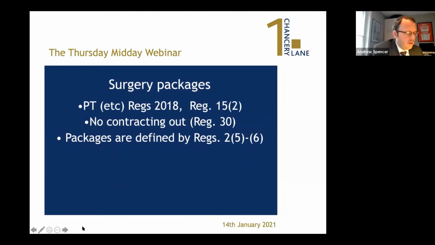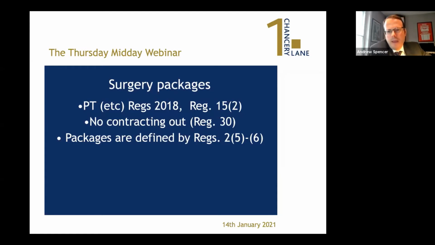It's worth pointing out that packages are supposed to be clearly identified as such in the paperwork, but that's not always the case. In fact, sometimes the paperwork, certainly in a few cases that I've seen, has attempted to assert that the contract actually isn't a package. Well, that doesn't work, because if all of the requirements for a package are met, you can't contract out of it being a regulated package. And that's regulation 30 of the package travel regulations, as I've said on the screen.